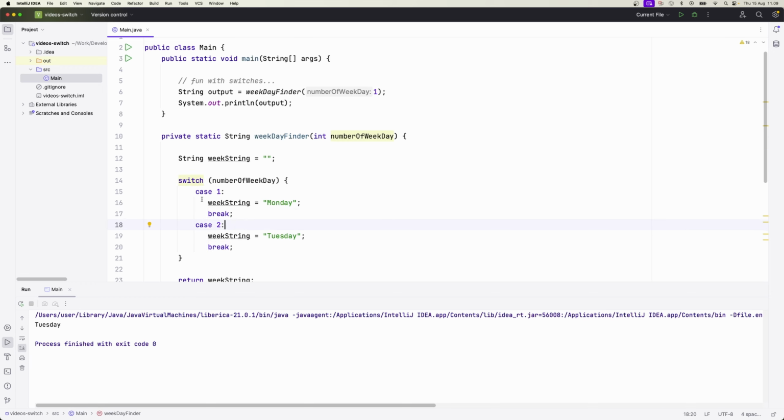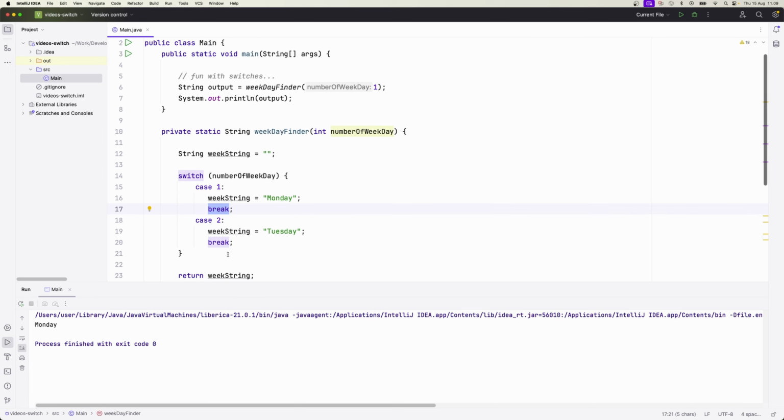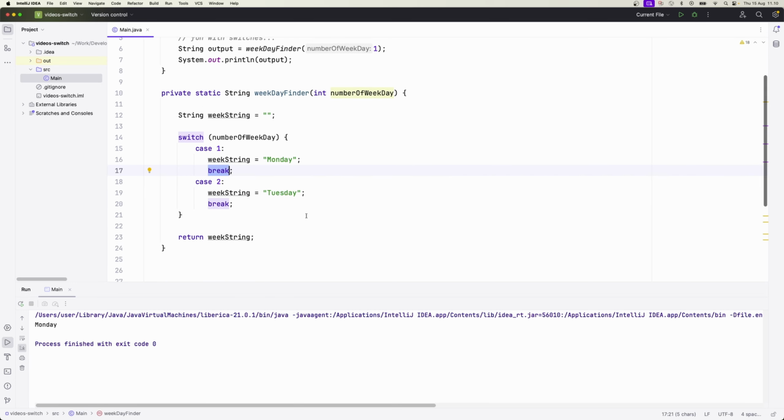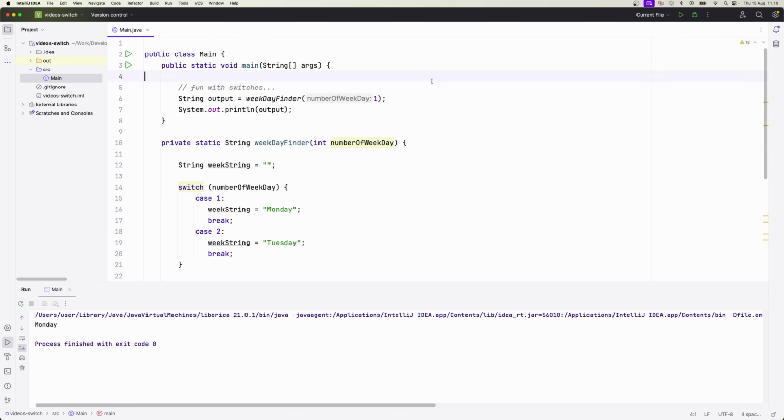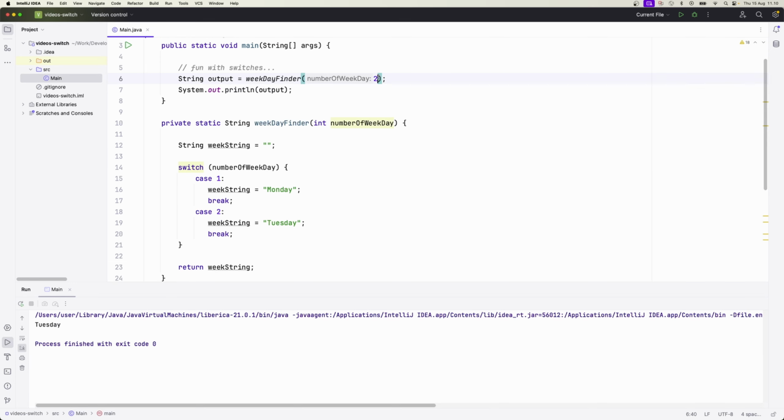So now we got the break, and let's try to run the code again. We get Monday because we provide 1. It goes to case 1, it sets this to Monday, it breaks out of the switch, returns the value. And similarly, if we set this to 2, we get Tuesday. Interestingly, if we put 5, we don't get anything. And this is because we don't have this default